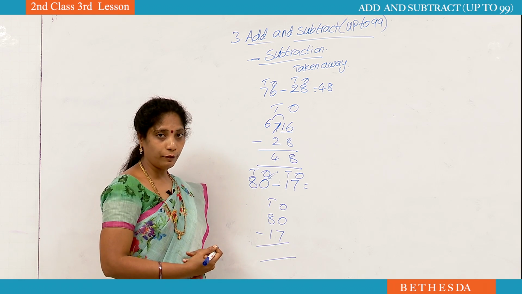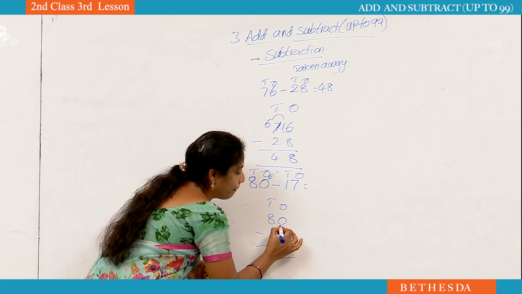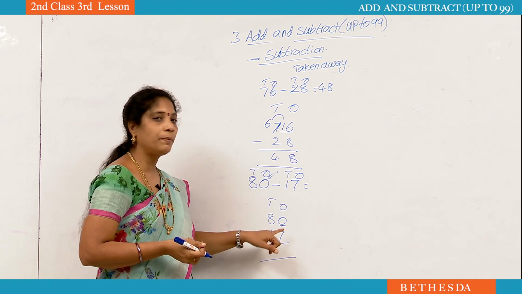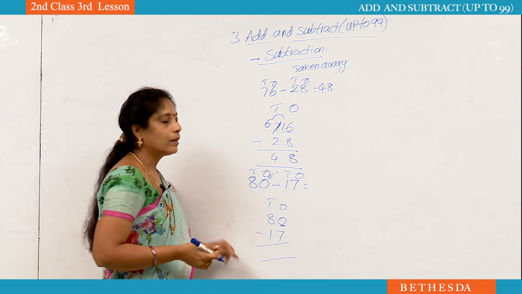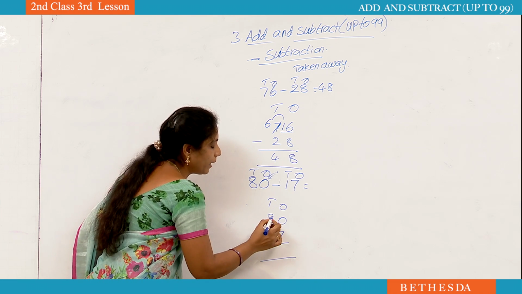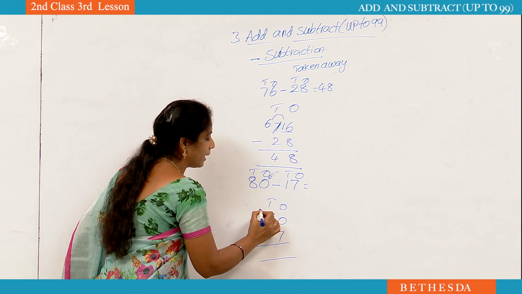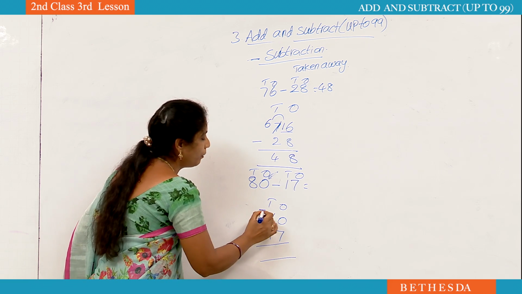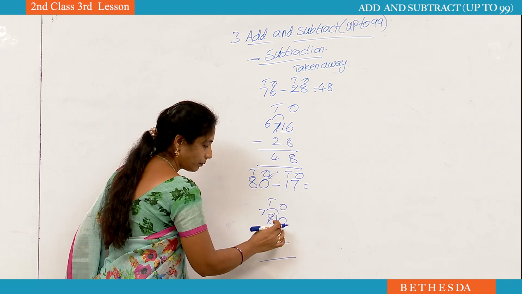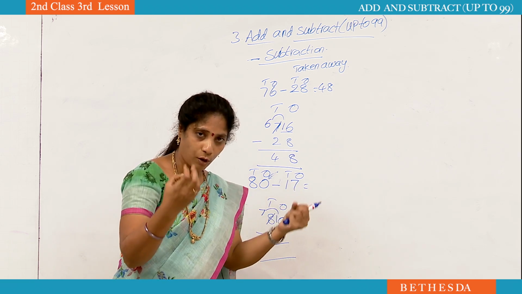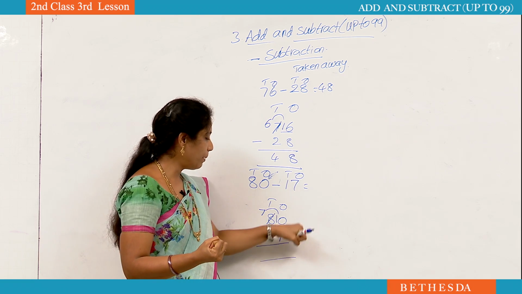Listen carefully. If you find a 0 up, we should take a borrow. Up 0 is there means we should take a borrow. Okay, see here how to take a borrow. From the tens place we have to take a borrow. Cut this number and write that number before, and we have to take one borrow. 10 minus 7. While we are doing borrowing, what should we do? Close all fingers. Count down number to up number.